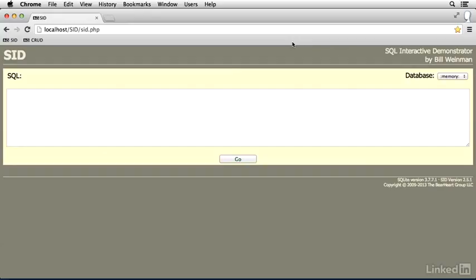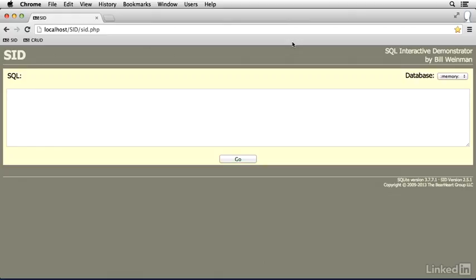A database isn't just about queries. Reading data from the database is only one facet of database management. The four basic functions of any complete database system are create, retrieve, update, and delete. CRUD, often pronounced "crud." In this lesson, I'll show you how to create new rows in a table using the